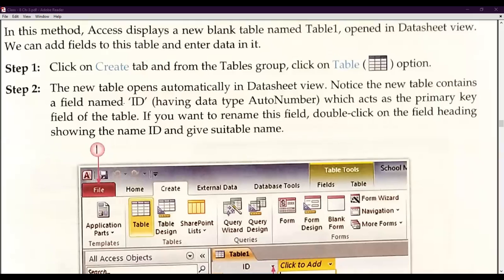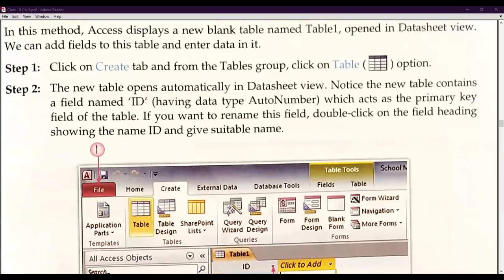So this is our auto number, which I have told you. The ID will be generated automatically, or you can say by default with Access. You do not need to insert it. It will be auto generated. But if you want to change its name, supposing you don't want to give the name ID to it, you can change the name also.